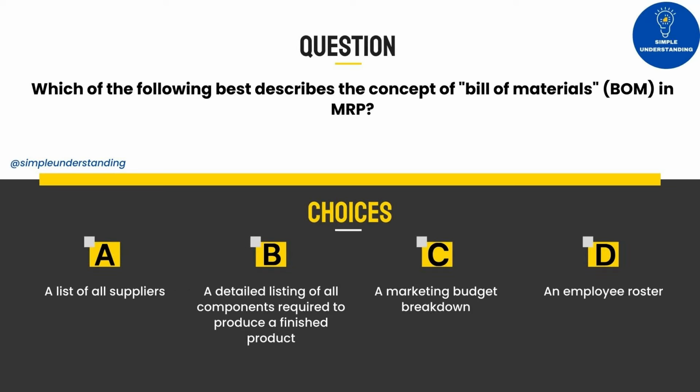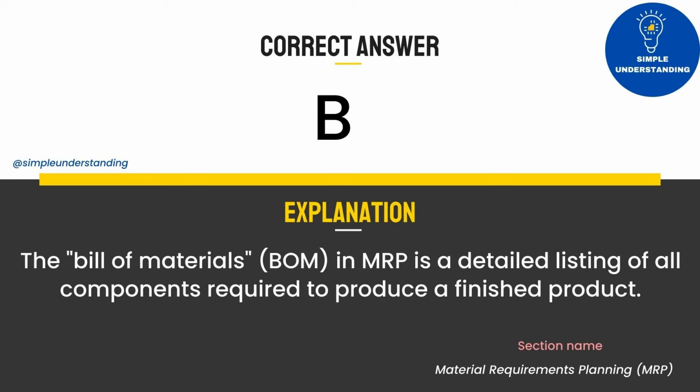10. Which of the following best describes the concept of Bill of Materials, BOM, in MRP? A. A list of all suppliers. B. A detailed listing of all components required to produce a finished product. C. A marketing budget breakdown. D. An employee roster. Correct answer, B. Overall explanation. The Bill of Materials, BOM, in MRP is a detailed listing of all components required to produce a